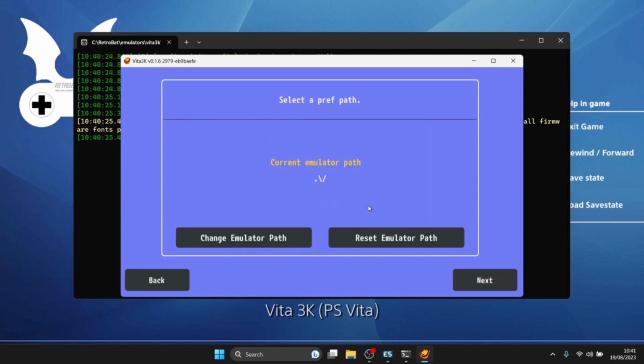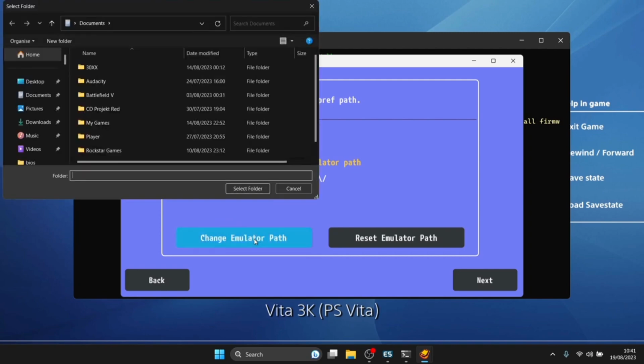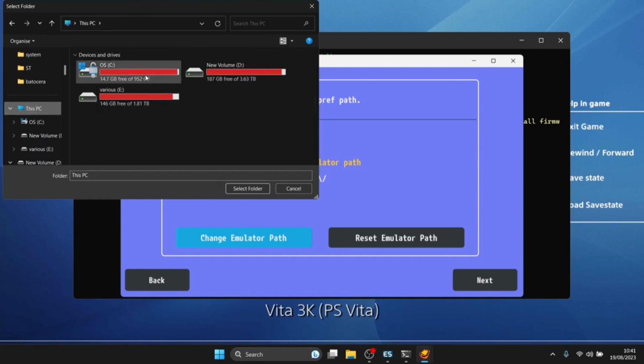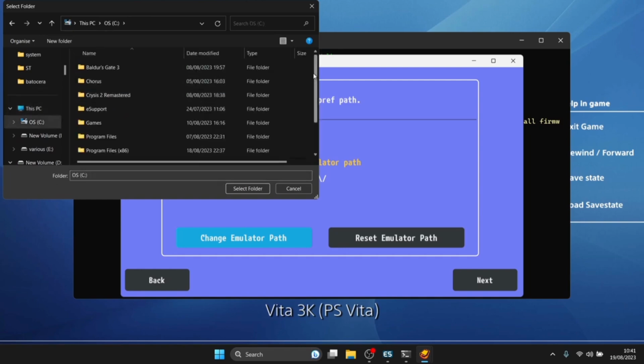Now, this next step is extremely important. If you don't do this, this isn't going to work. So what we're going to do is go to change emulator path. And from here, we need to put this into the Retrobat directory, emulators, and then into the Vita directory. So what I'm going to do is just look for where my installation of Retrobat is. So in my case, it's in C drive,